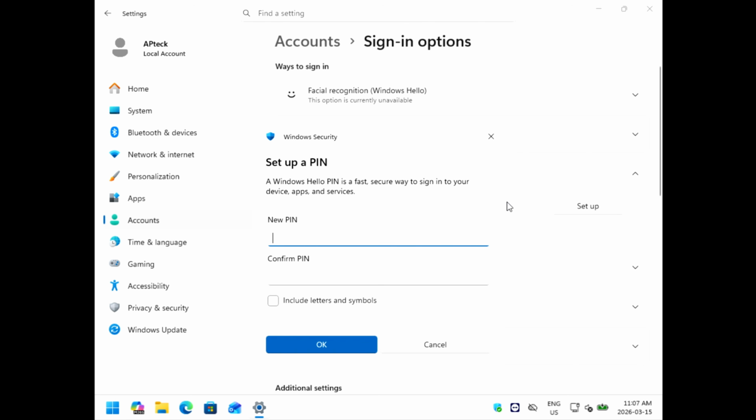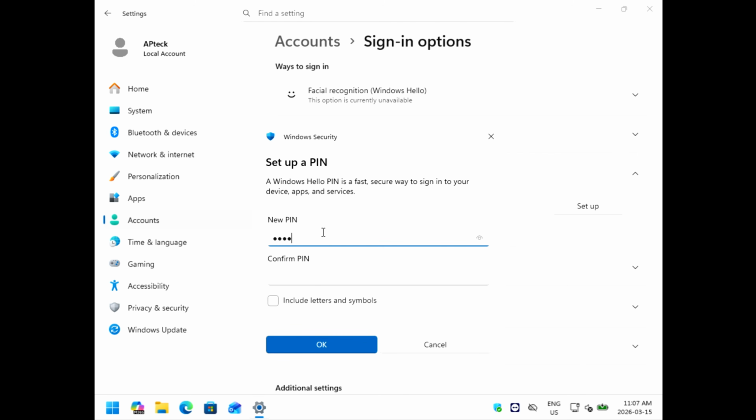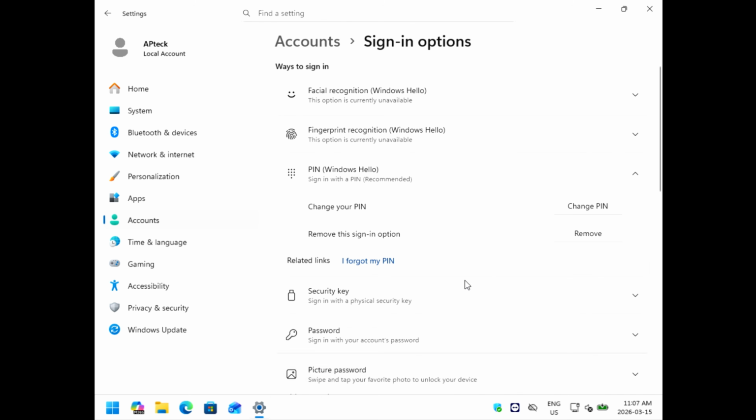Click Enter, and then this is where you set up the number. You can use 4 numbers, you can use 6, 7, whatever numbers you want. But you can also include letters if you want. If you're gonna do that, then you select this one if you want to include letters. I'm not gonna do that for now. I'm just going to set up a 4 number PIN, and then I'm going to click OK,